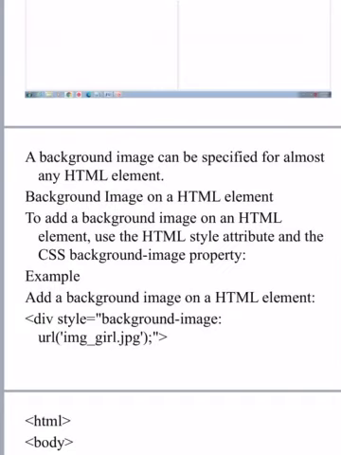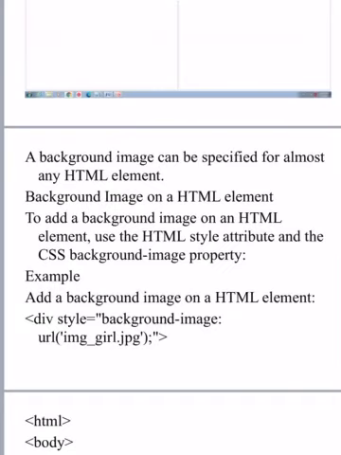Now, adding a background image in HTML. If you see the example, here we have used one more tag called div, where style is equal to background-image, and this is the example: background-image colon url. In the URL we have to give the image name which is available in our current directory.